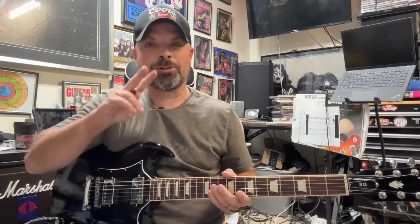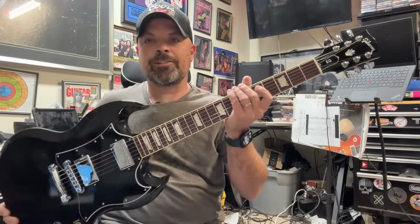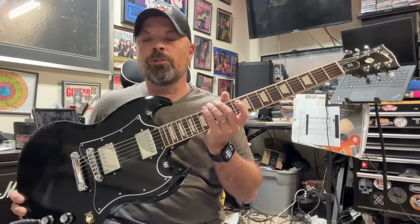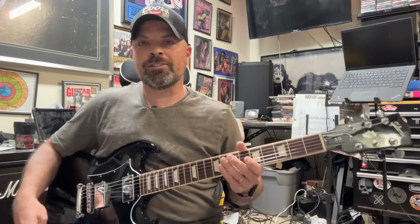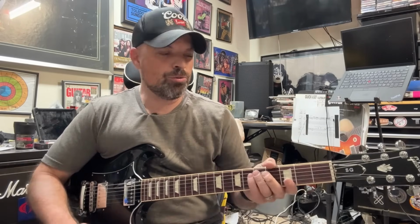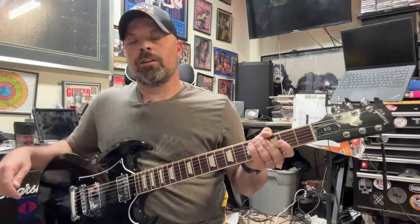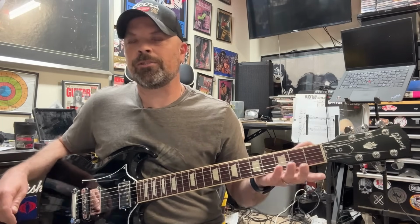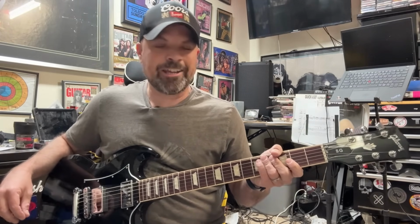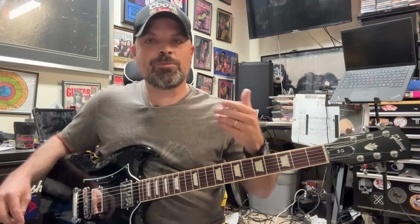Right, so guitar number 2 is a 2022 Gibson SG Standard, also from Guitar Center. This one is different. This one I bought online. Now I'm usually very wary about buying guitars online, any guitars, especially Gibsons. You know, obviously the headstock issue when it's being shipped. And again, buying guitars online, I'm just not a huge fan of, because at least with the